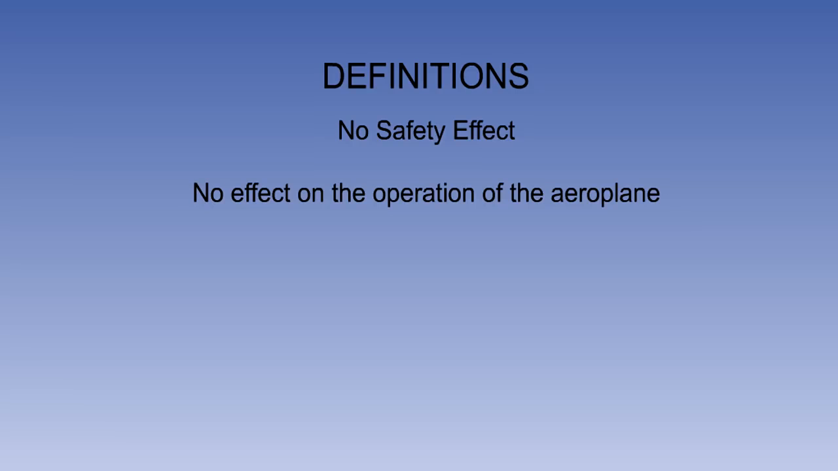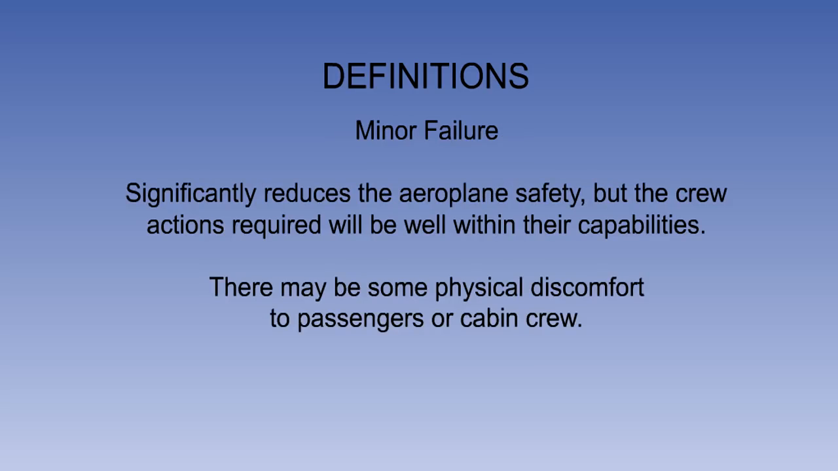Failures are classified into 5 groups, according to the severity of their effects. The lowest class is no safety effect. This is self-explanatory. It will have no effect on the operation of the aeroplane. Next is minor failure. This failure condition will significantly reduce the aeroplane's safety, but the crew's actions required will be